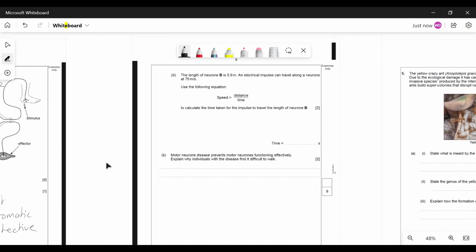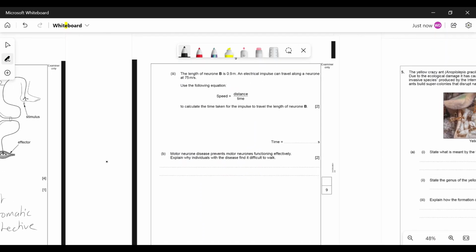The length of the neuron is 0.9 meters. An electrical impulse can travel along the neuron at 75 meters per second. Use the equation to calculate the time. So we need to rearrange this equation. Time equals distance over speed. The distance they gave us is 0.9. The speed they gave us is 75 meters per second, which will give you an answer